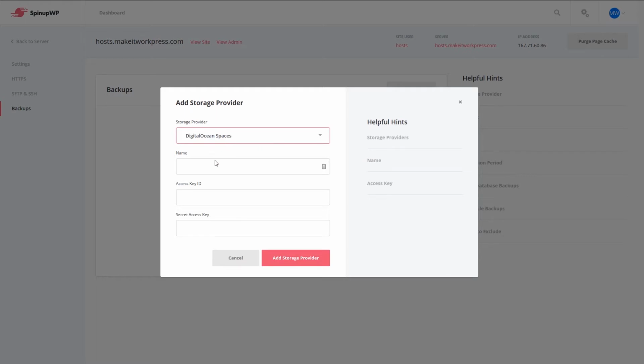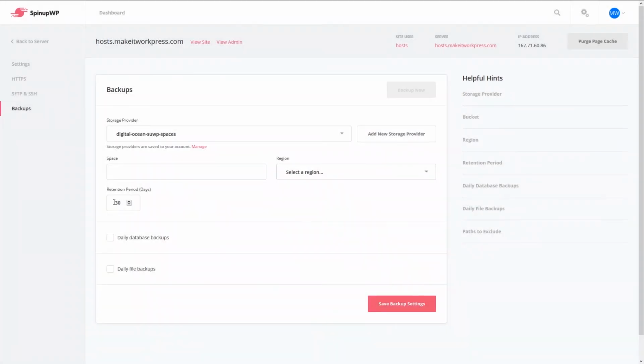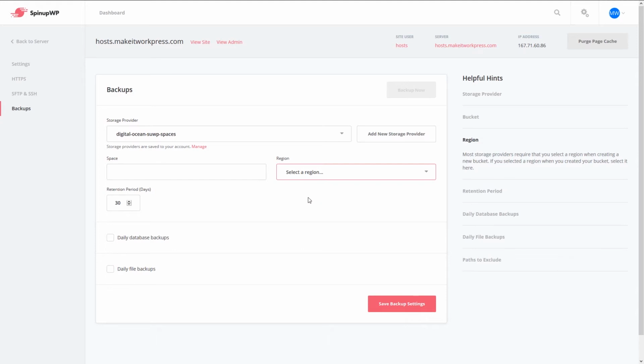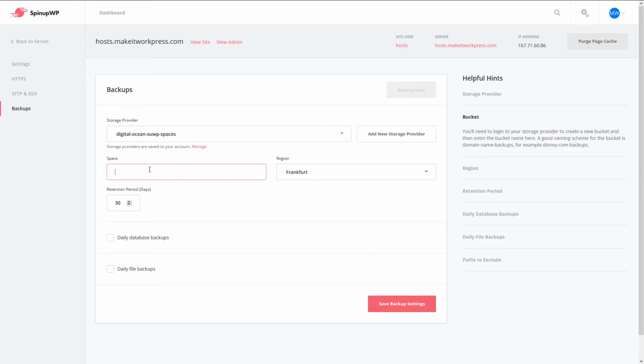Let's add it. Let's select it here. We just give it a name and then enter all our details for it and add the storage provider. So we can select the region, give it a name,